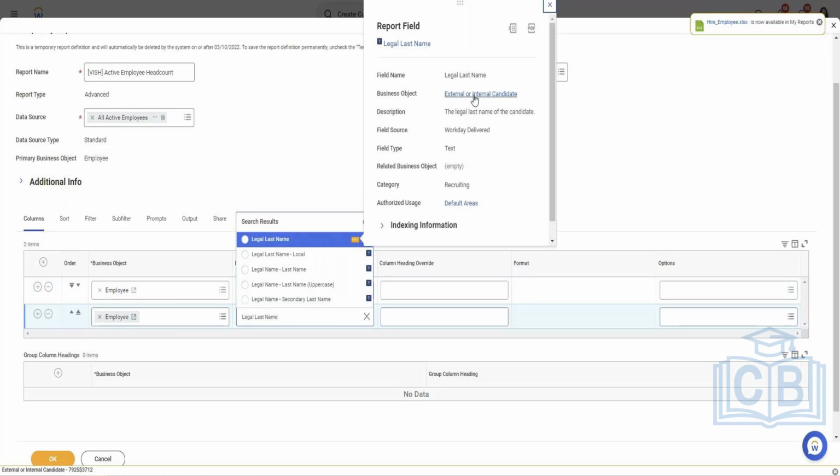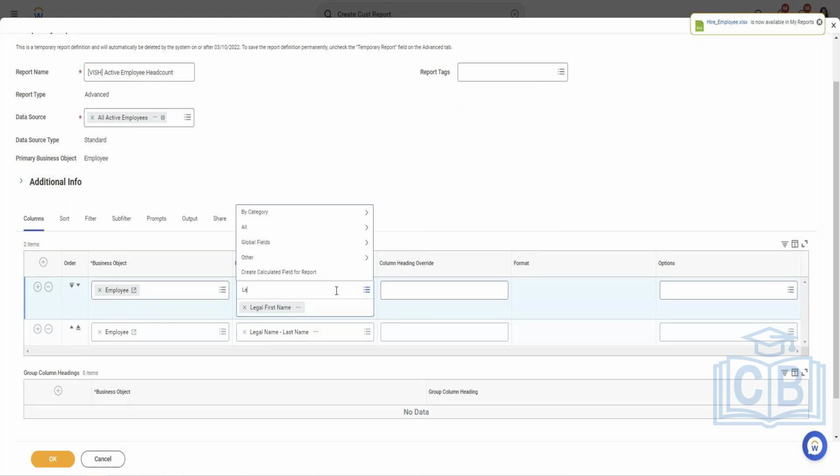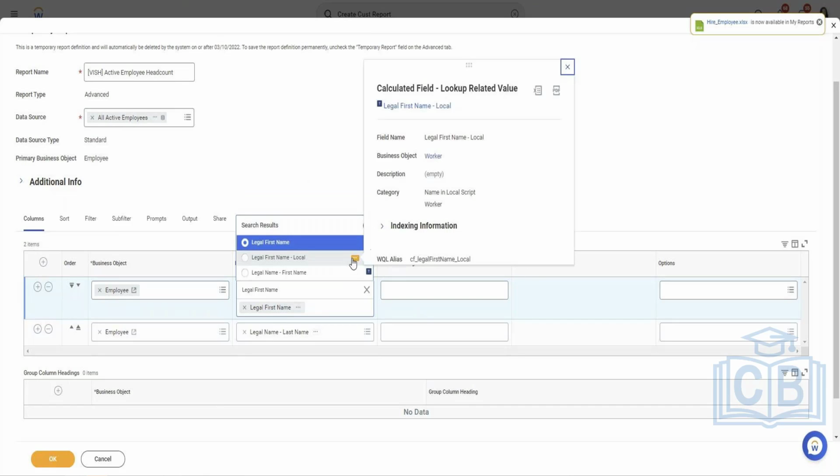So this is from external or internal candidates, whereas this is an employee from the worker object. So you have to find out which information we need. We don't have to pick every time without knowing what type of information we need. We need to go into these dots and we can see what their information is and from where they